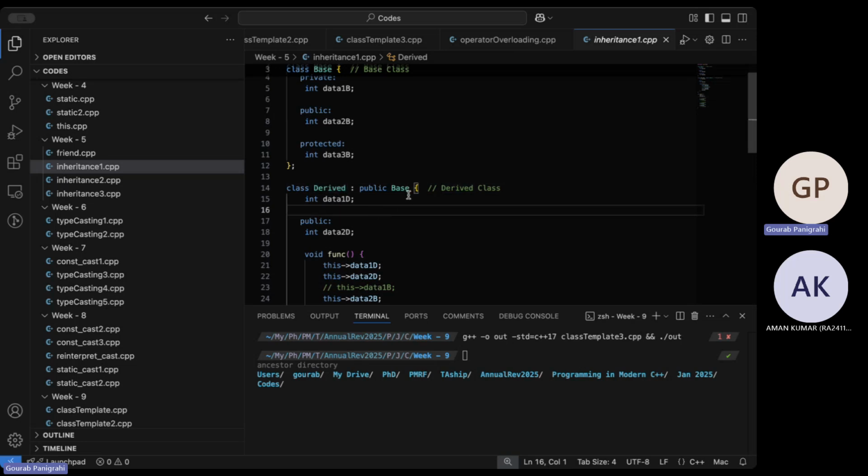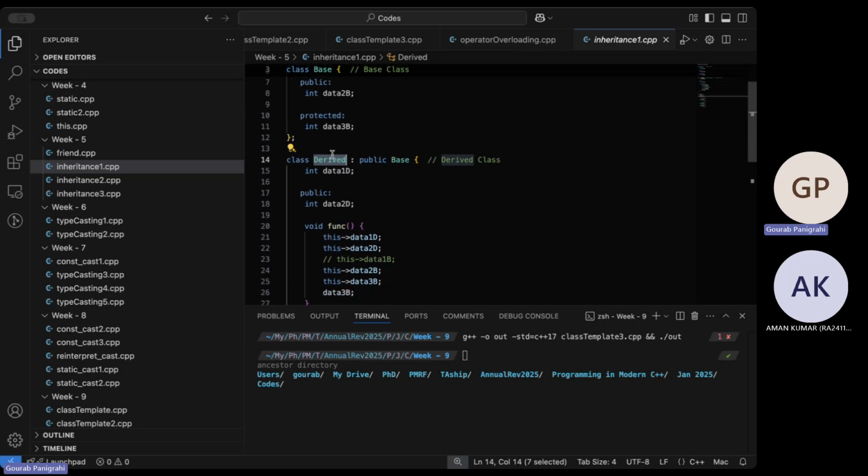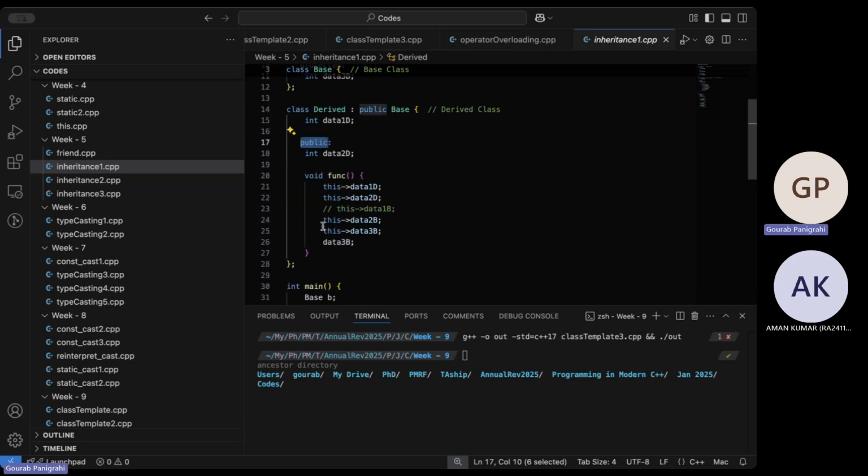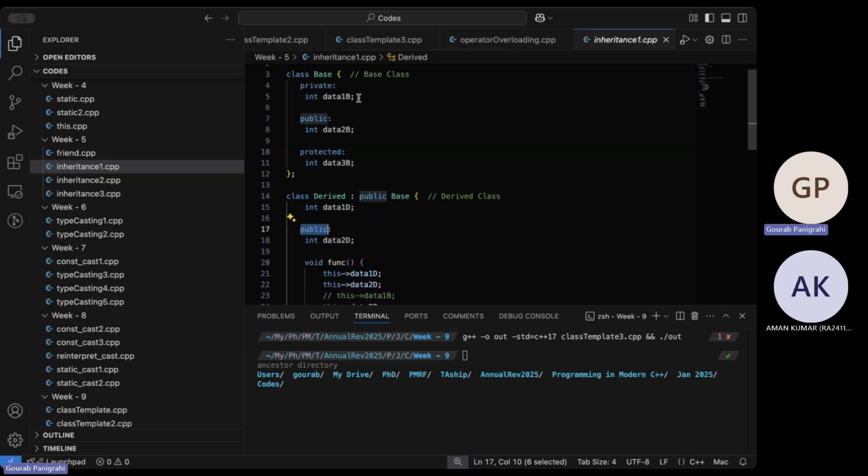Everything's private from the base class, yes. It can derive things from the derived class. So let's say there's a third class now, which is derived two, level two. For that derived two, it can inherit public or protected of the derived class, but nothing from the base class, because everything has become private.